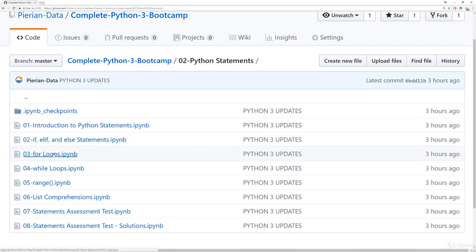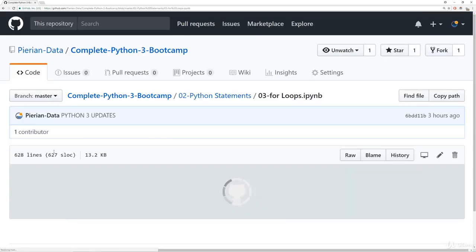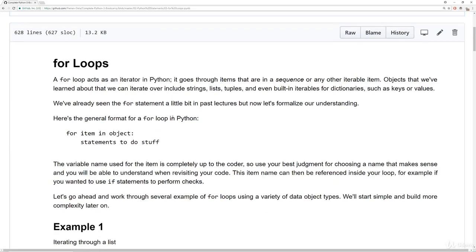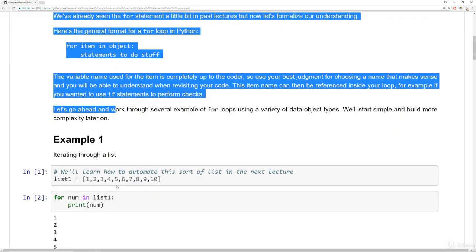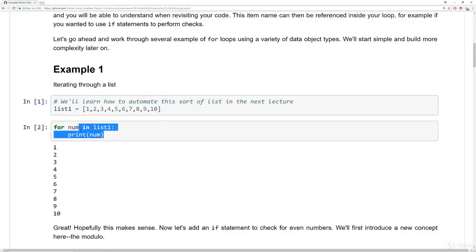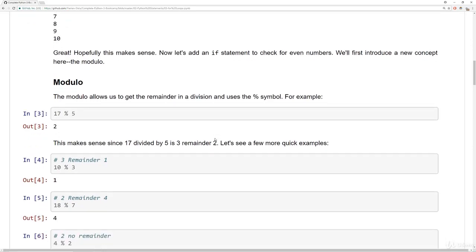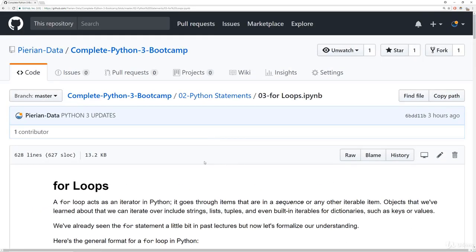So for example, when you're learning about for loops, you'll go ahead and click here on for loops, and this will eventually load up the notebook. Notice how it's a .ipynb file. But once you have the notebook loaded, you should see lots of useful information here, and then the actual code itself. Now, if you want to run these notebooks on your computer, what you need to do is download this